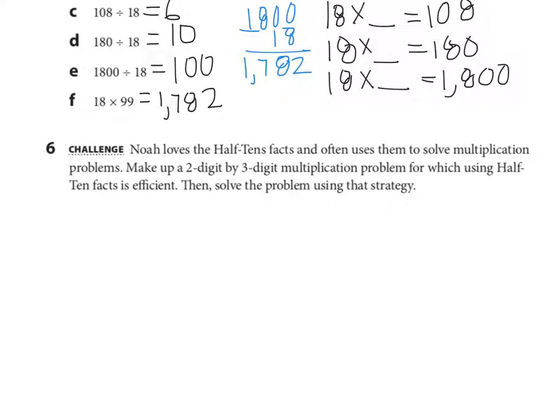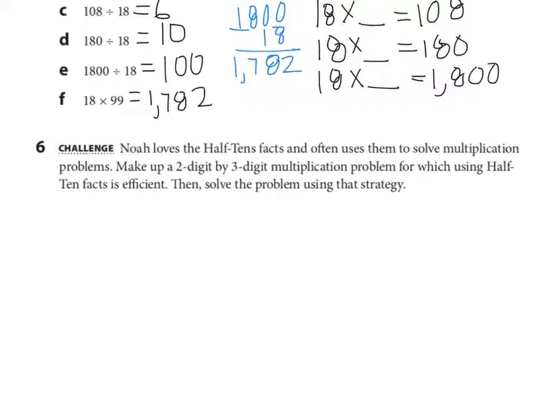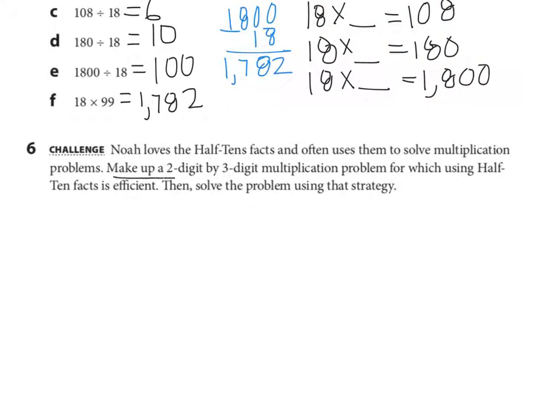Let's look now at the challenge. Noah loves the half-tens facts and often uses them to solve multiplication problems. Make up a 2-digit by 3-digit multiplication problem for which using half-ten facts is efficient. Then solve the problem using that strategy. So you're going to make up a 2-digit by 3-digit multiplication problem that uses half-ten facts efficiently. Then solve it. A problem you might think up would be